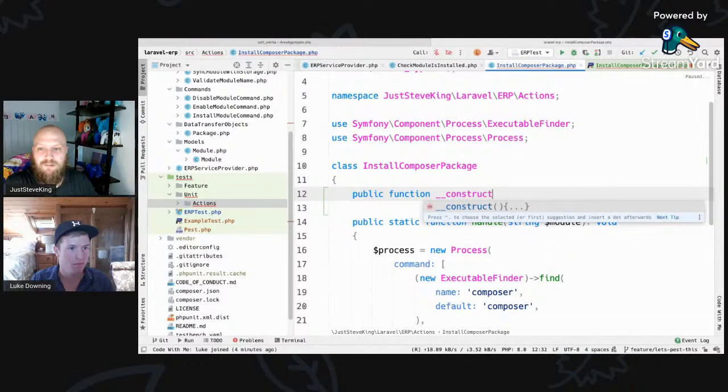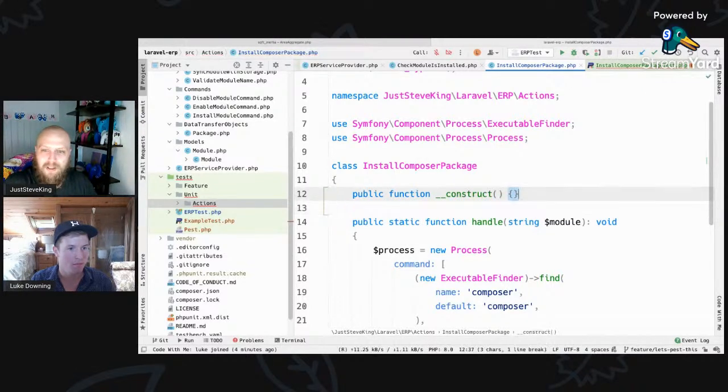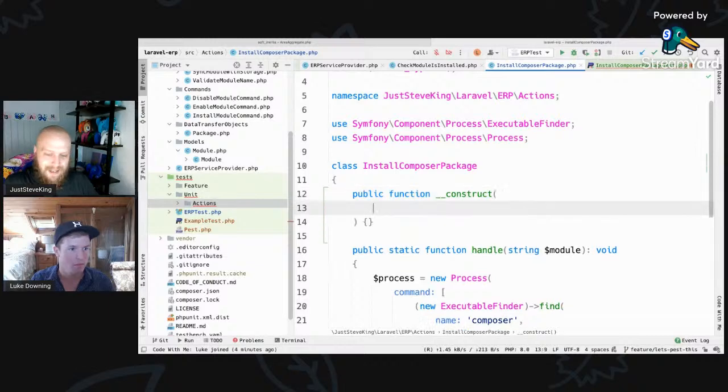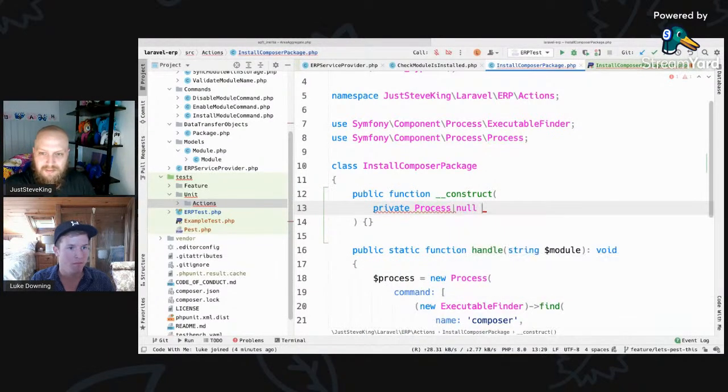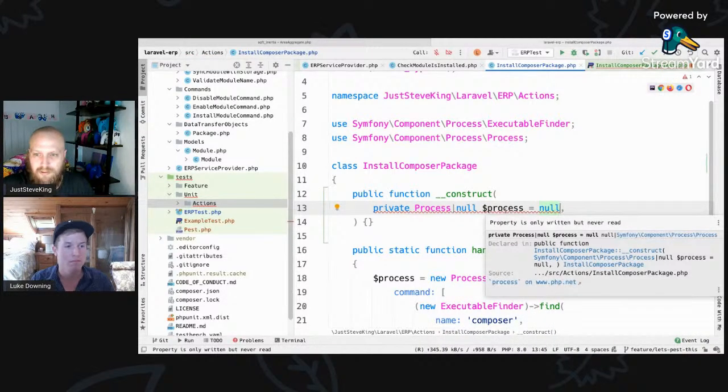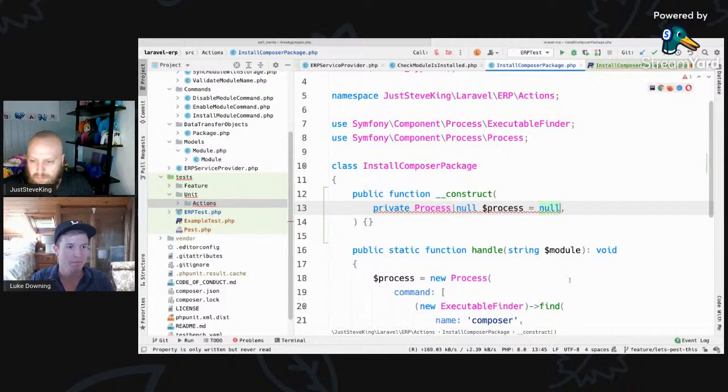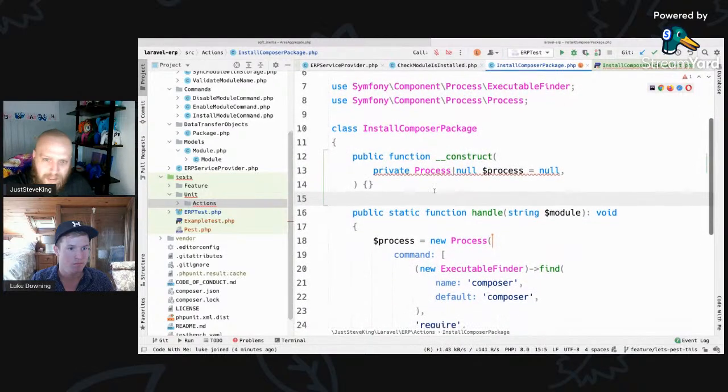Just want to construct here, and all we want really is we're going to default to null until 8.1 comes out. Why is that complaining? Yeah, okay. That bit will be fine. So what we want to do is